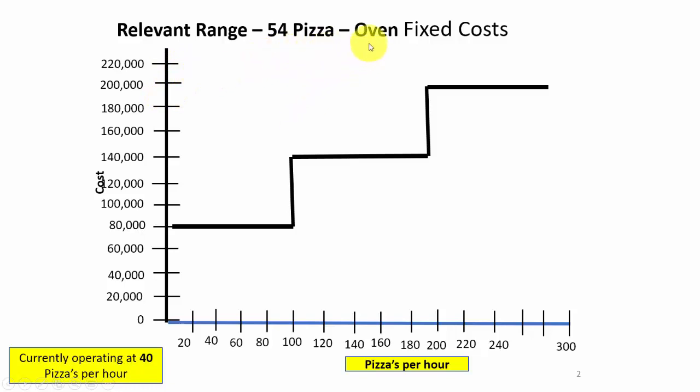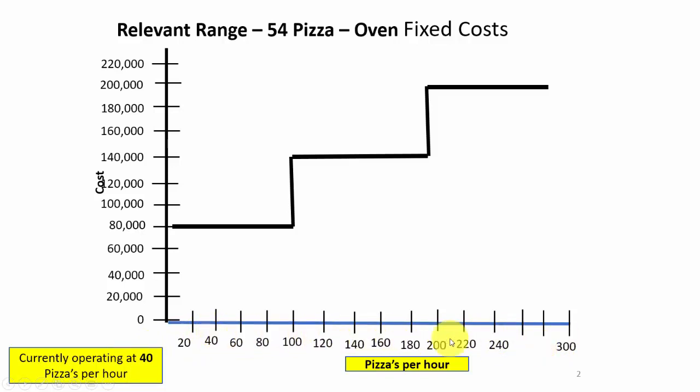And what we have is a graph of their oven costs, and an oven is a fixed cost. That is, once you buy the oven, you are now trying to make pizzas with it. And what this graph shows is the following. They're currently operating at 40 pizzas per hour, and this graph shows along the bottom here how many pizzas they